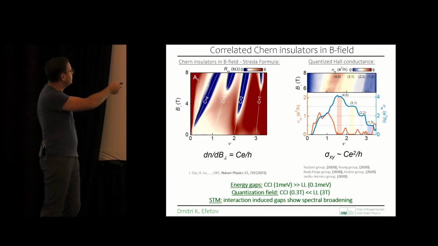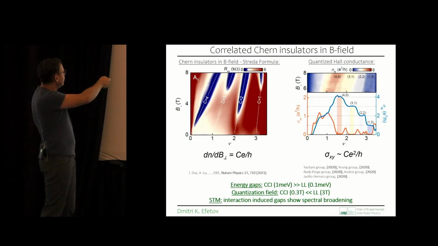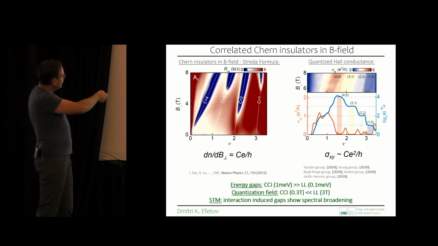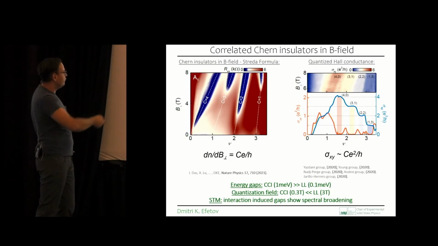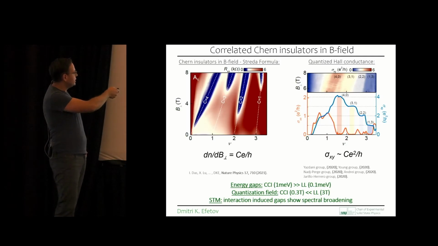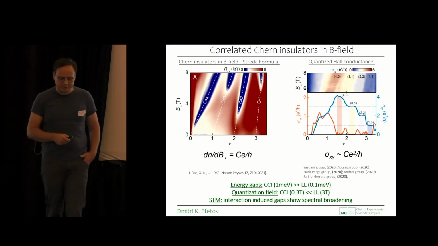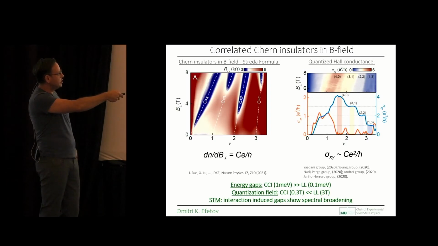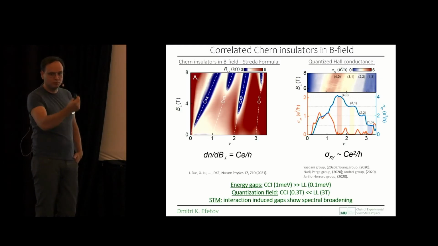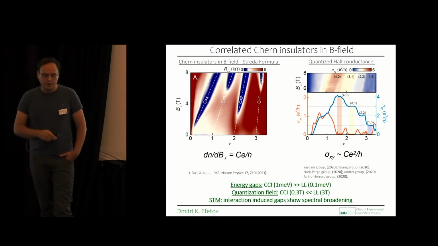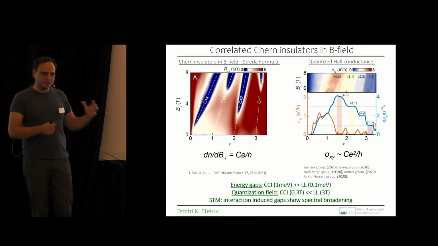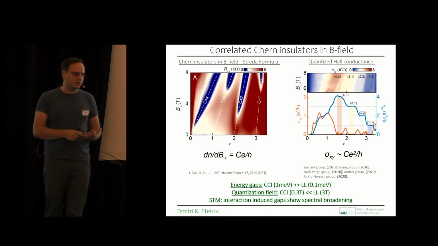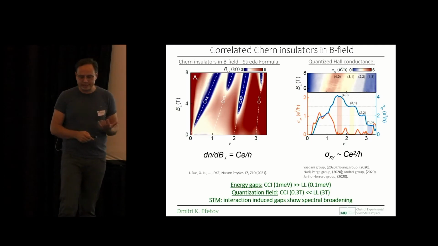So these are typical measurements, again, Rxx as a function of perpendicular magnetic field and filling. And what we were observing are those diagonal lines which follow the Streda formula, from which we can really extract the Chern numbers of these states. Inside these states, of course, resistance is 0 because it's a topological edge state we're measuring. And of course, we can double check with Hall measurements that the Hall measurement is also quantized with the corresponding Chern number. So really, this already showed us that we can reveal this complex topological nature in these states.